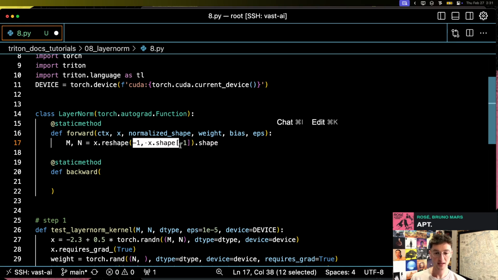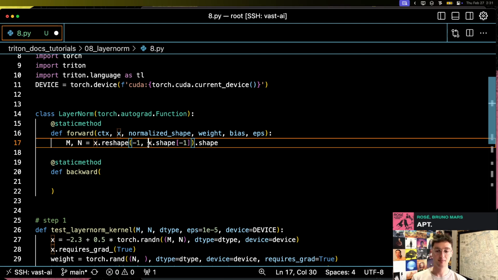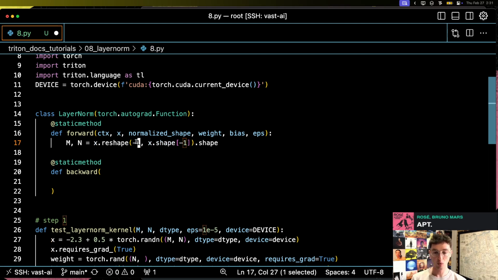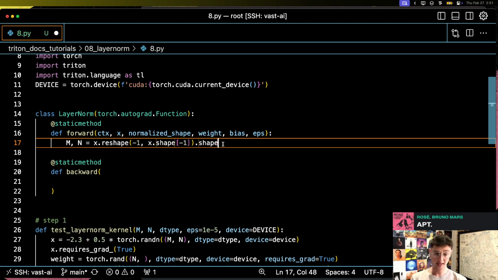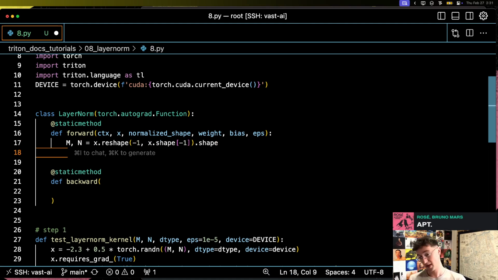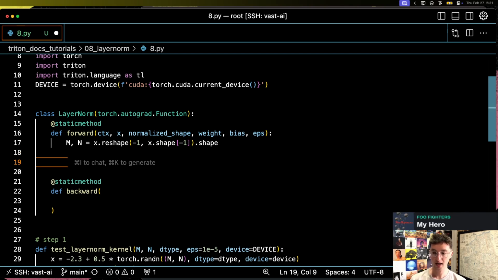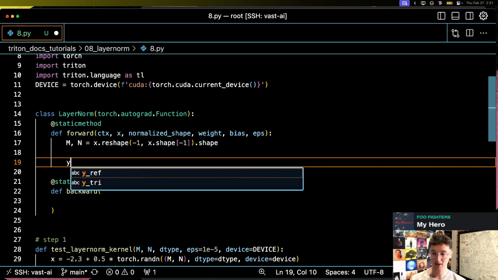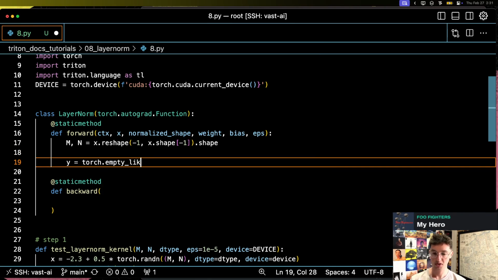What this does is, if x actually has many different dimensions, for example batch, head, sequence, and then embedding dimension, anything that's not the last dimension, it just combines all into one, because Layernorm does not care about your preceding dimensions, and it labels them all collectively as m. And then we are going to pre-allocate tensors, first up being the output, which is the same shape as the